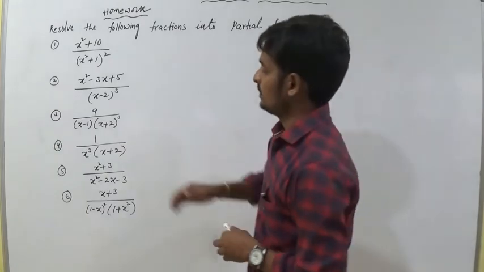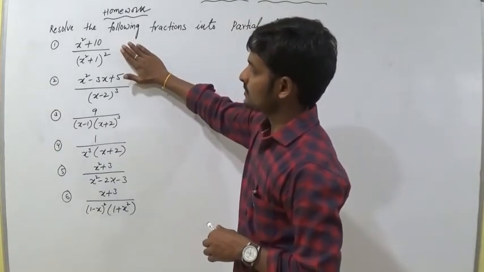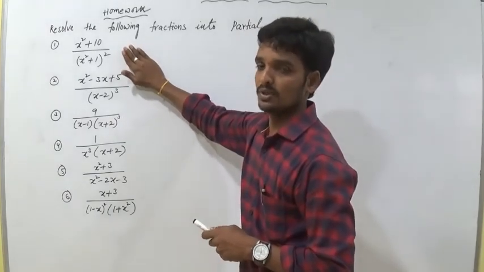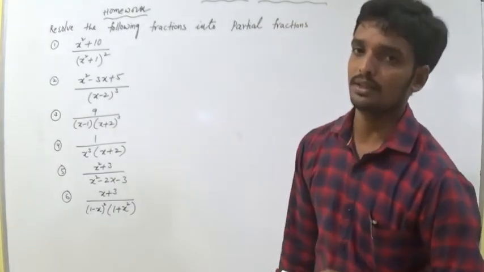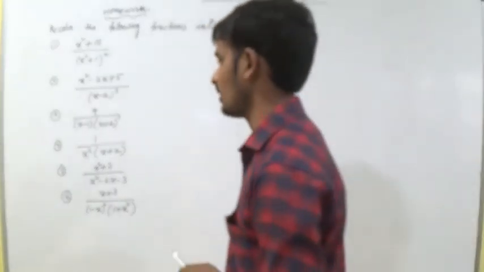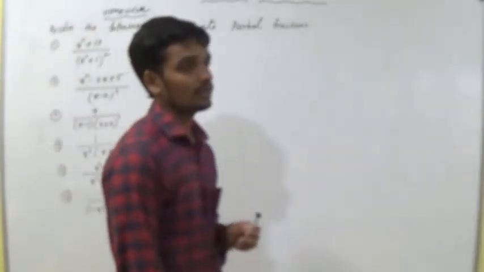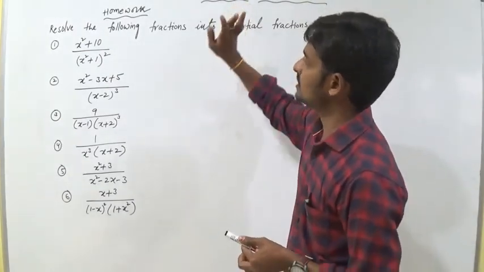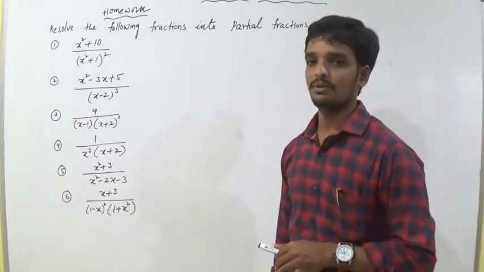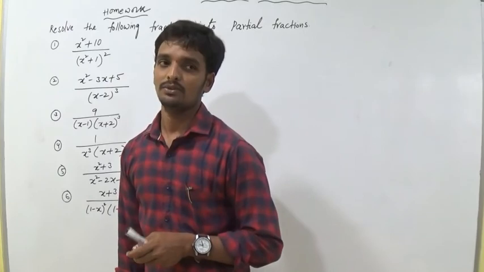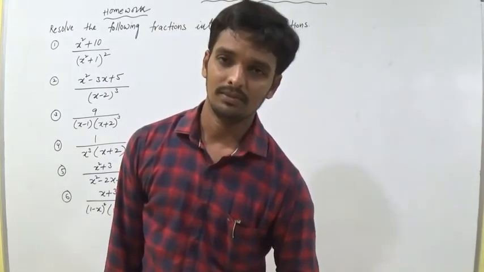We have to think which case we have to apply to solve each problem. Which case is suitable, 1, 2, or 3? We have to get some knowledge about which general formula to use. Then you can apply it and solve these 6 problems. If you do these 6 problems correctly, you can understand the partial fractions chapter successfully. So this is the end of the chapter on partial fractions. We can go to the second chapter. Okay, thank you.